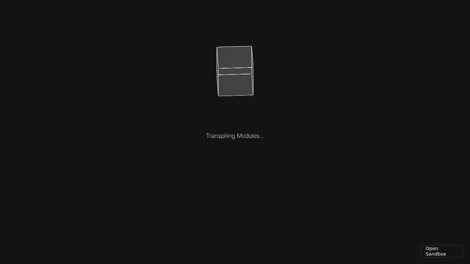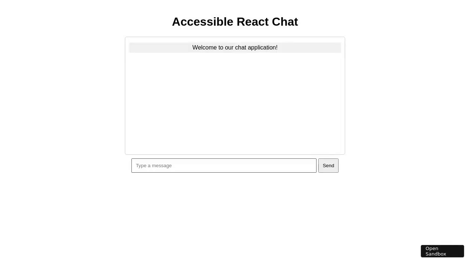Let's walk through how our accessible chat application behaves in action. When you launch the application, it greets you with a welcome message in the chat window. As you type a new message into the input field and click the send button, the message is added to the chat window. This action triggers the ARIA Live Region attributes, ensuring that screen readers announce the new message to users. This immediate feedback keeps all users, including those relying on screen readers, engaged in the conversation. As new messages are added, the chat window automatically scrolls to display the latest content, allowing users to follow the